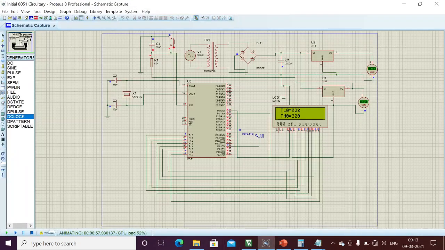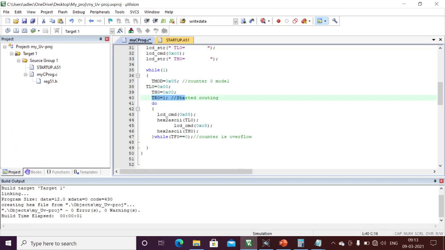If I start my microcontroller, initially my counts are 0. If I am not giving any external clock pulses, my counts stay 0. See here, initially I initialized with 0 0. If I initialized with 10 10, then the value 10 would be displayed on the LCD. Here I started my counter, and I am checking until overflow. I will stay in this do-while loop only. This will be incremented whenever there are external clock pulses.